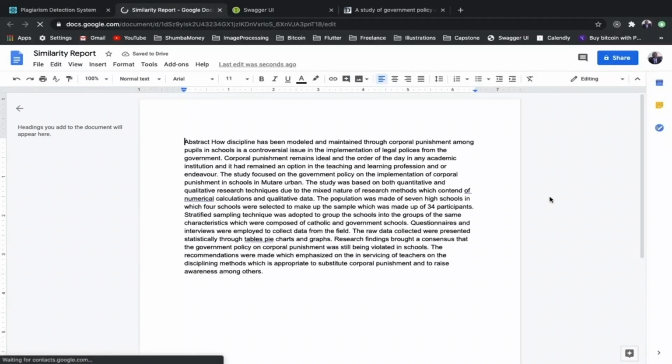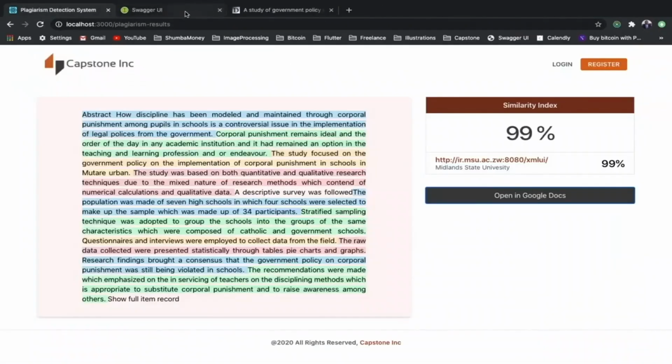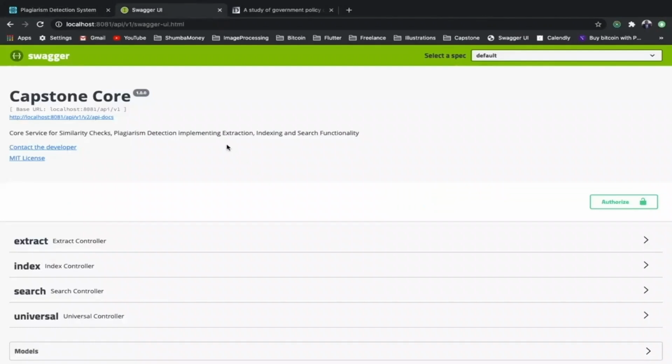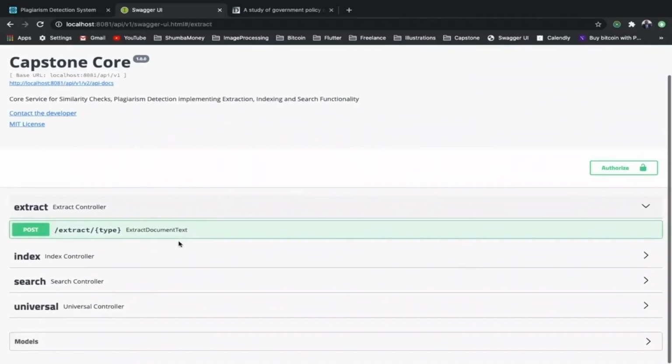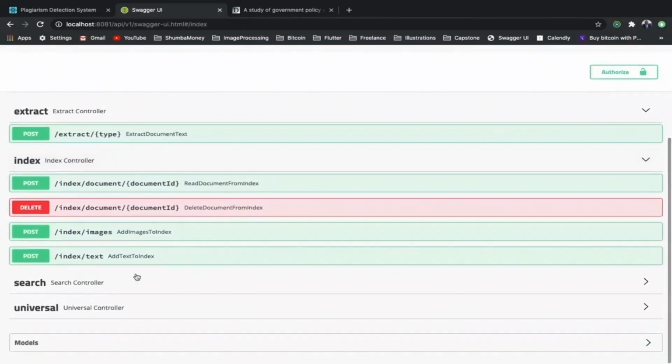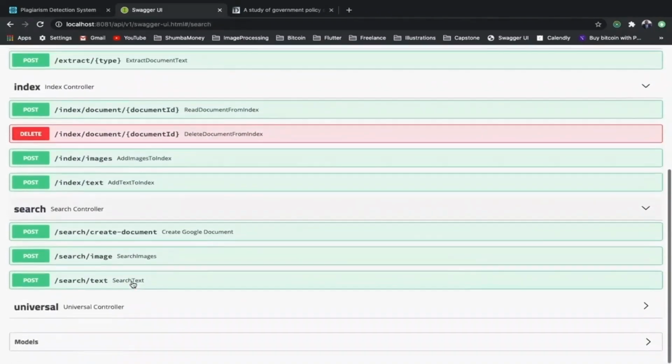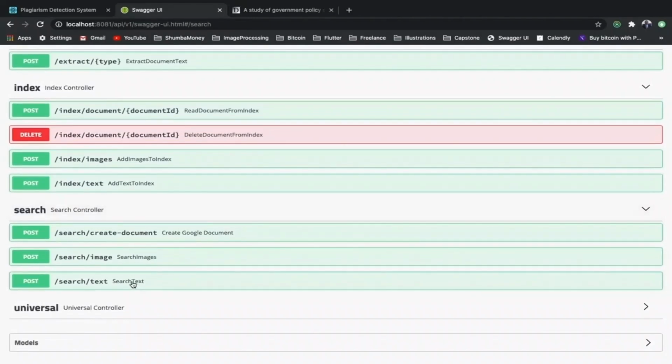To add to these features, Capstone also has an API that allows developers to integrate their solutions. Eventually, the API will consume Google Classroom submissions, download the documents, check for plagiarism, and return the report via email. In conclusion, Capstone aims to make the world a better place by curbing plagiarism and improving the quality of intellectual outputs. Capstone, reimagining the art of academic integrity. Thank you.